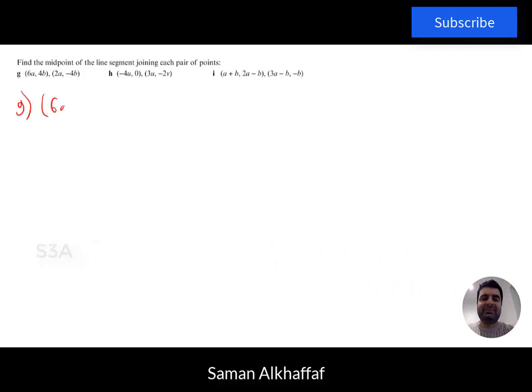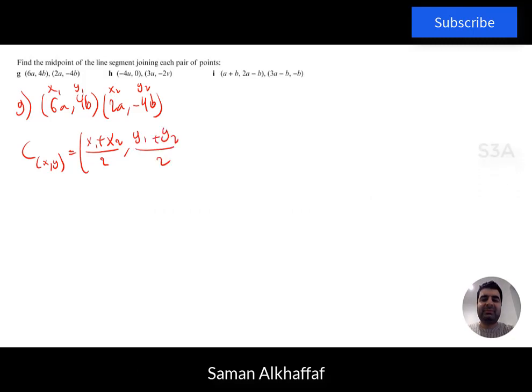So we have 6a and 4b. We also have 2a minus 4b. So in this scenario, we have x1, y1, x2, y2. So the center midpoint, we have x1 plus x2 over 2. And we also have y1 plus y2 over 2. So in this scenario, we would add the 6a plus 2a over 2. We also have 4b minus